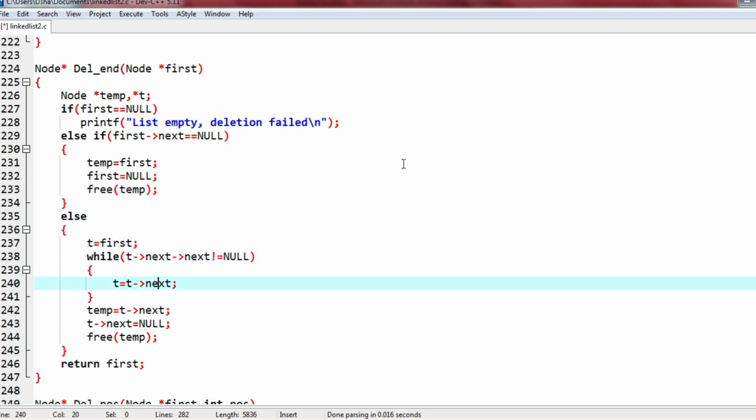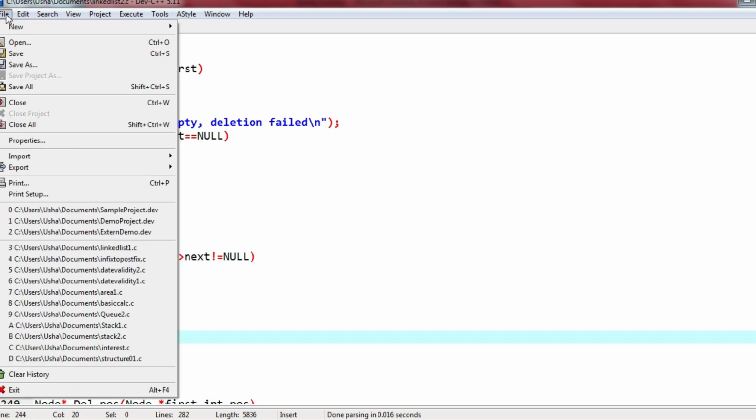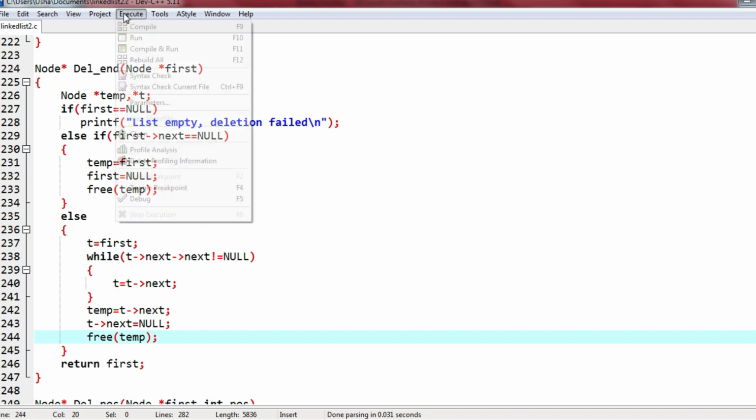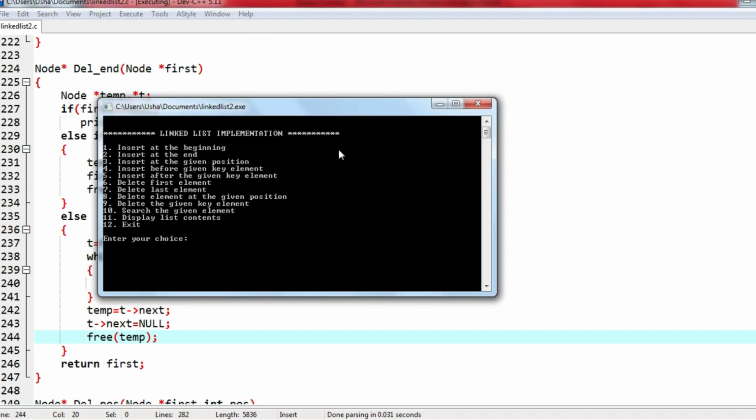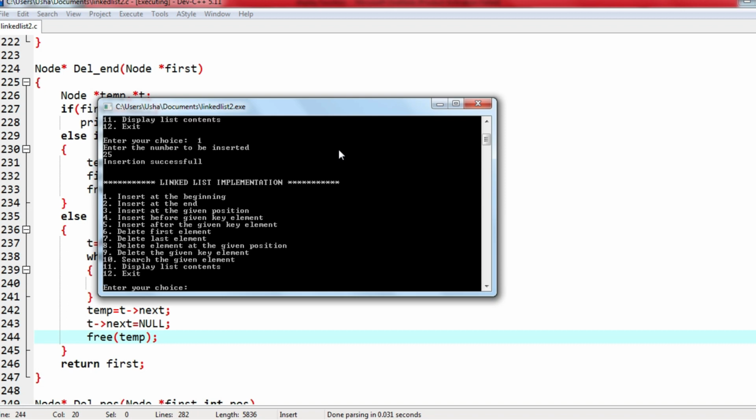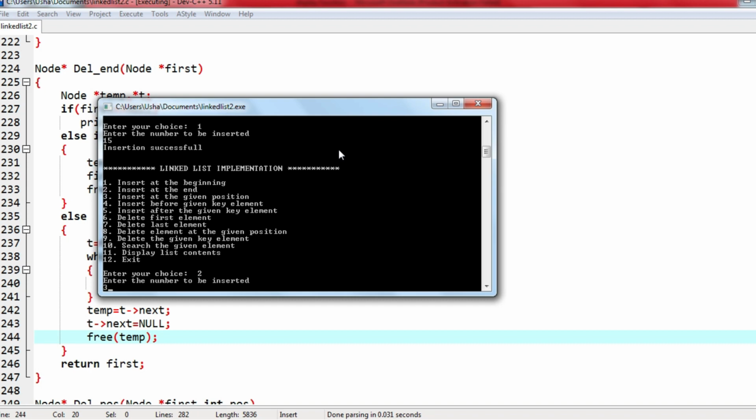So I think this should work. Let us check right now. I will save it, compile, run. Now first we need to insert certain elements to delete the element. So I'll give choice 1, number to be inserted 25, choice 1, number to be inserted 15, choice 2, number inserted 35, choice 2, inserted 50.